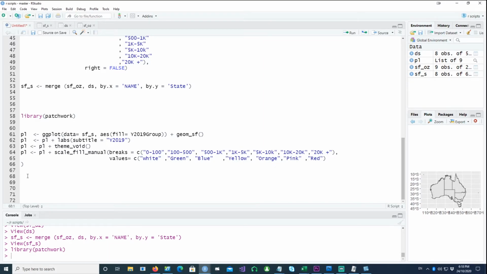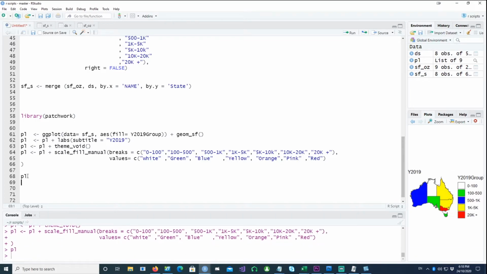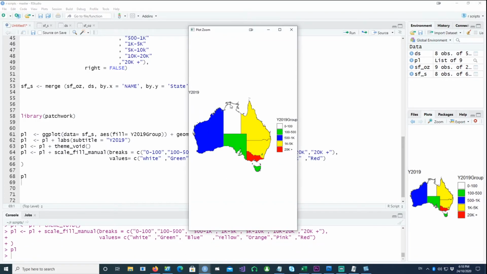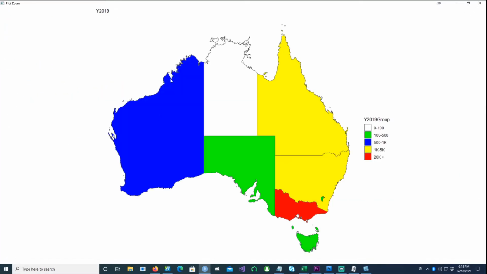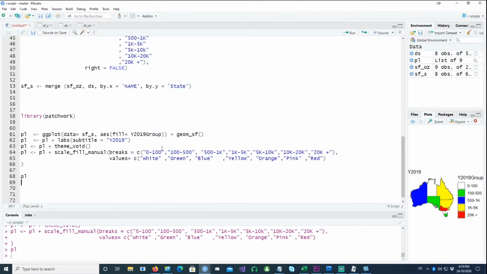So if I just plot this chart, you get a basic Australian map with different states being filled with different colors based on the number of sales in that area. 0 to 100 is shown as white color, above 20K is shown as red color, and so on. Now all we have to do is plot another chart,